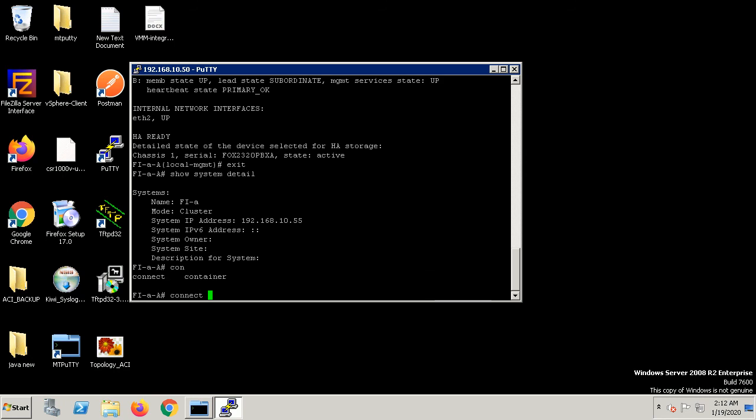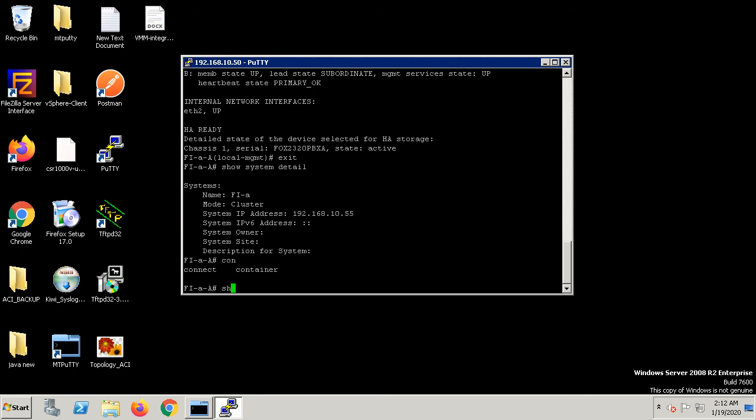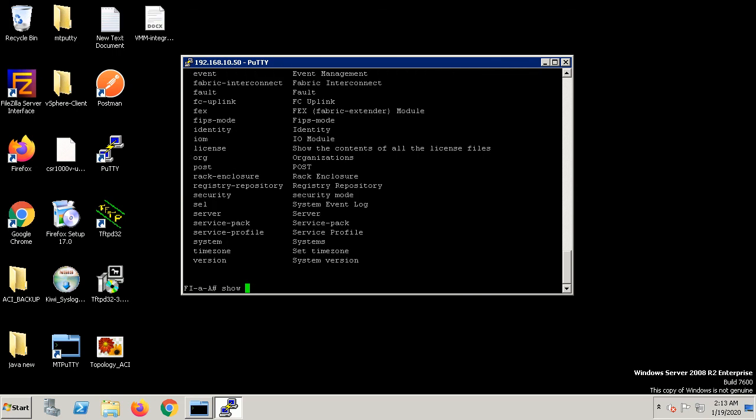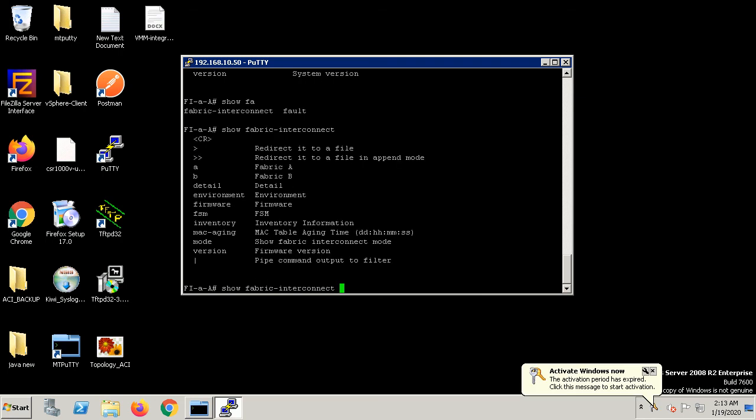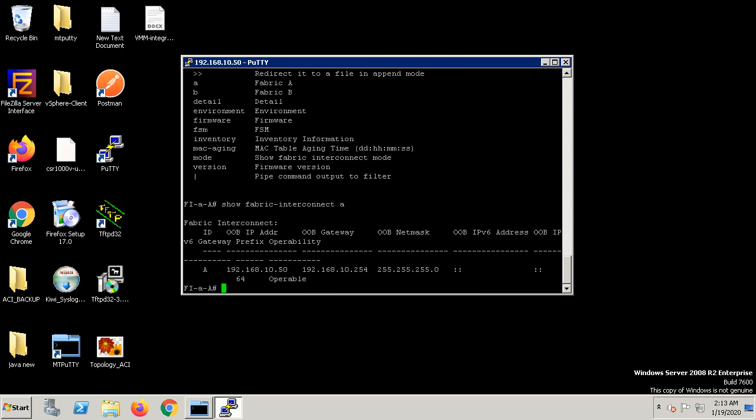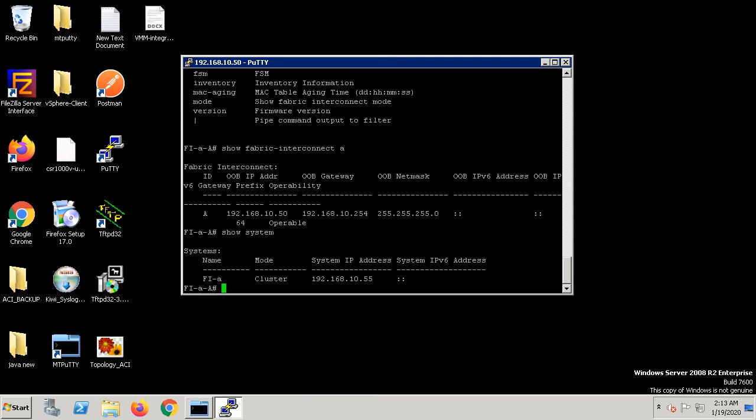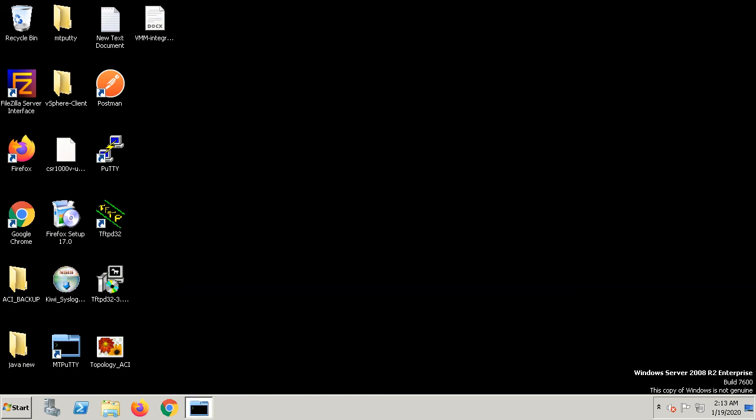From here you can also connect to Fabric Interconnect A. Connect, show, and use the question mark. Fabric Interconnect, and you will say A. This is Fabric Interconnect A. From here you can see the IP address which you have configured. And show system. It is showing the IP address of the cluster. So once I know the IP address of the cluster, now